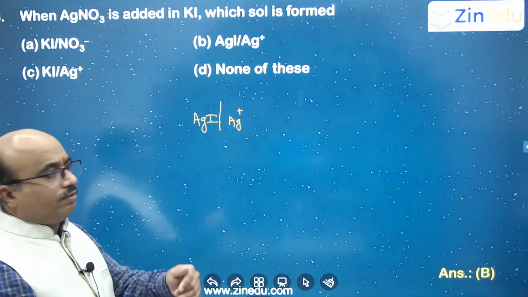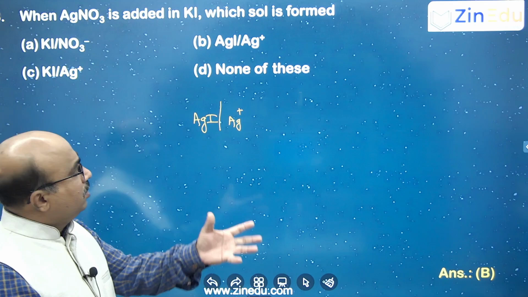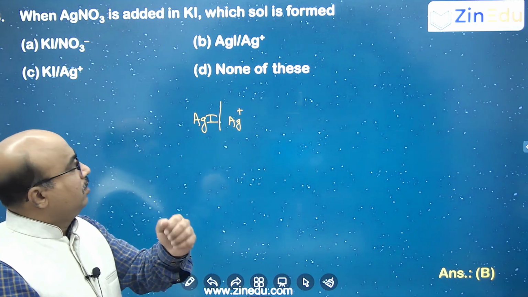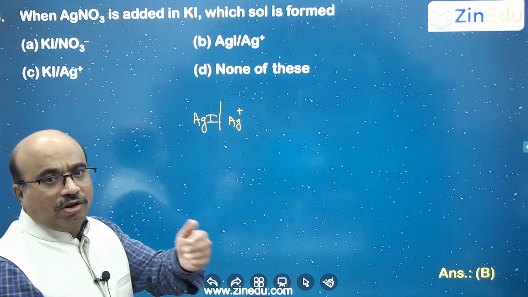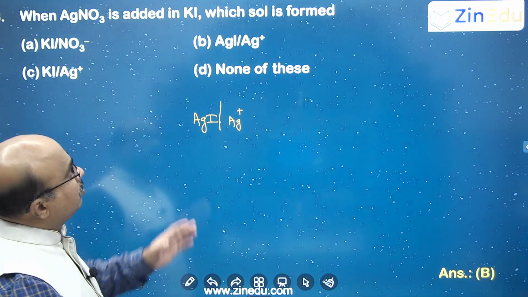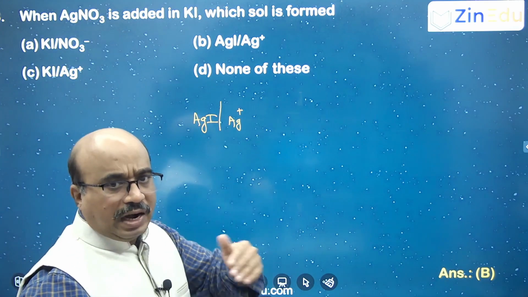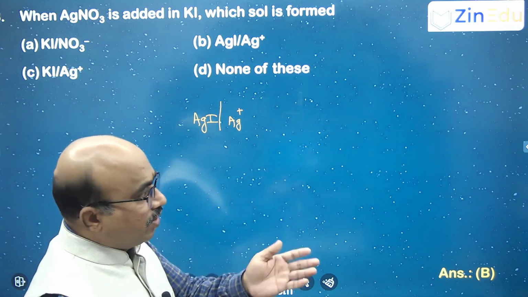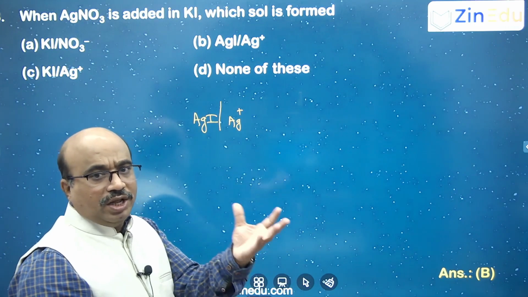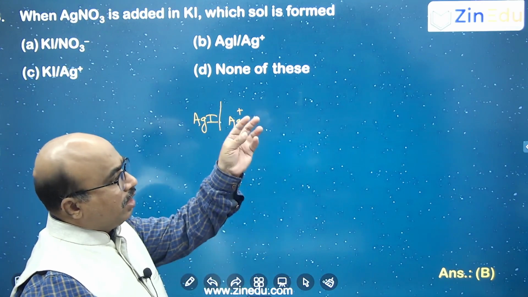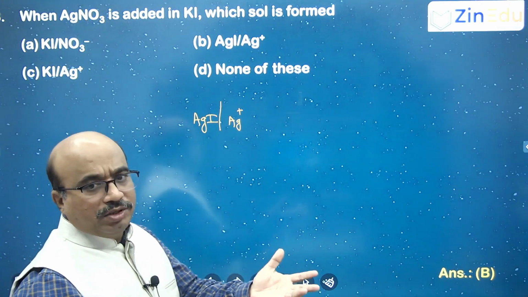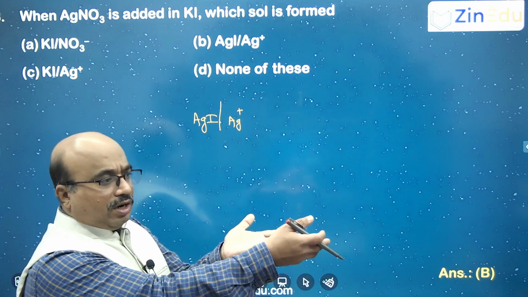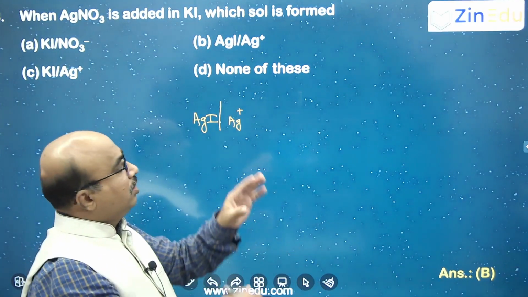Because we are adding a little bit of excess silver nitrate, the AgI precipitate will adsorb the Ag+ common ion, and it forms a positively charged particle. Means we are not adding slowly. If you are adding slowly, there is a difference that you have to see in the NCERT, it is clearly given. So you have taken a KI solution and are adding AgNO3 slowly. Then what happens? AgI is already forming, and iodide is already there in the solution, so it will adsorb that iodide only.